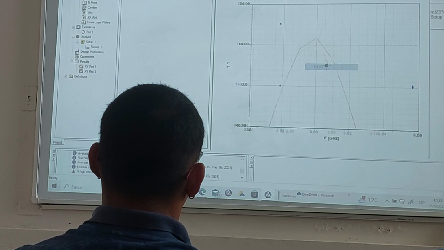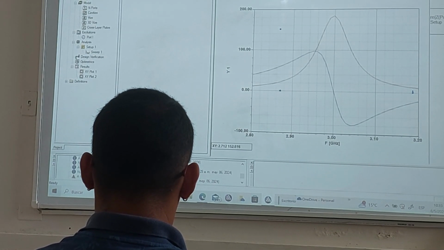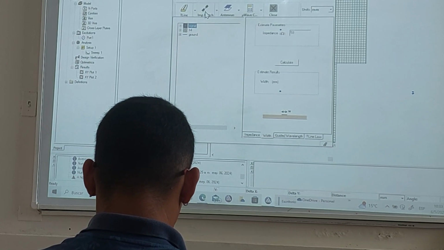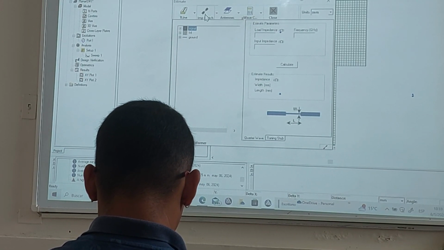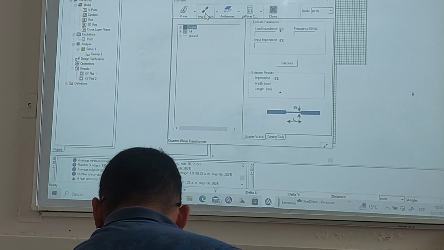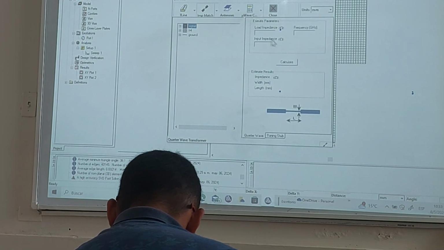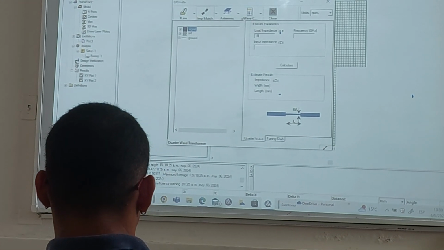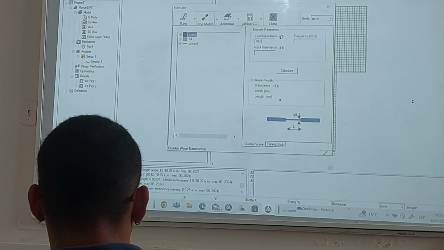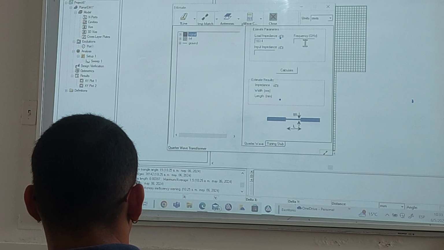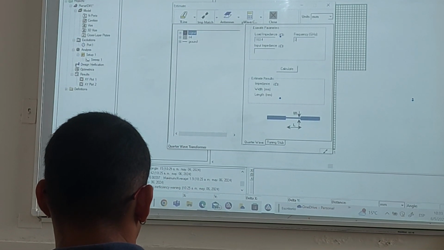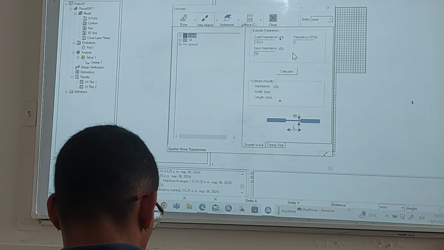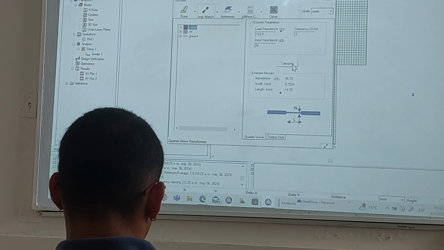Then, if you remember, we have here a calculator where we have here the coupling system. The lower impedance is exactly this one, 183.4 ohms. The frequency is 3 gigahertz and the input impedance that we need is 50 ohms. We calculate,